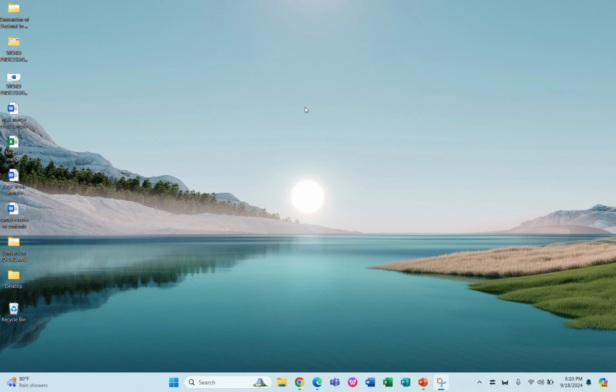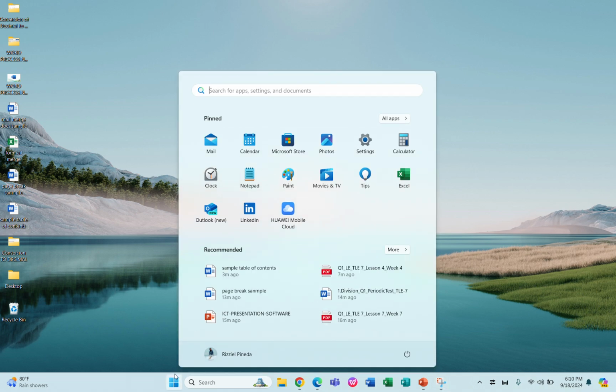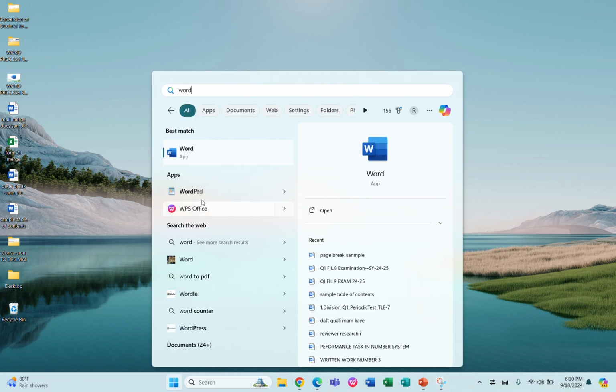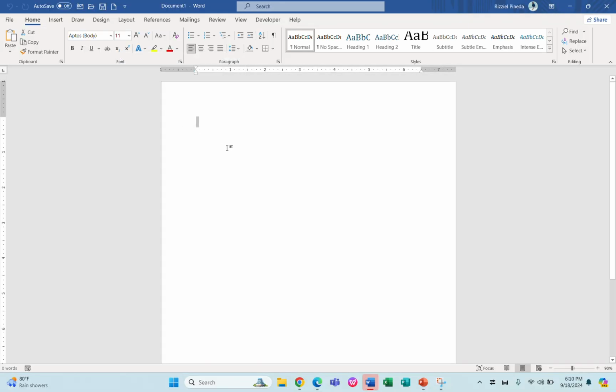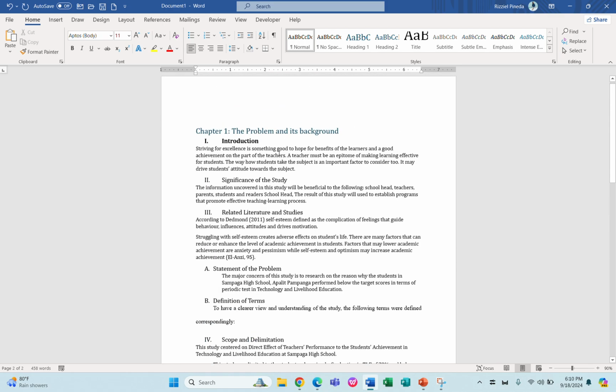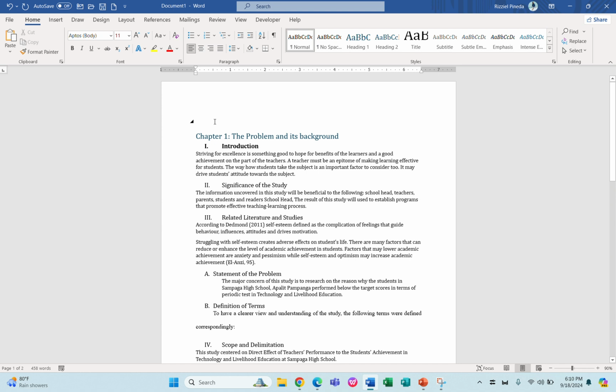For today, we are going to create an automatic table of contents. First, go to Microsoft Office Word and click the blank document. After this, make sure that you already have sample content that you are going to create a table of contents from. Make sure that each chapter or topic